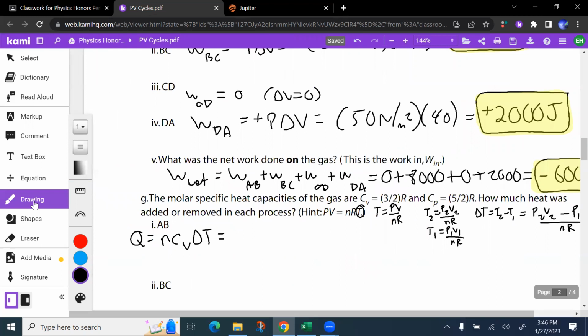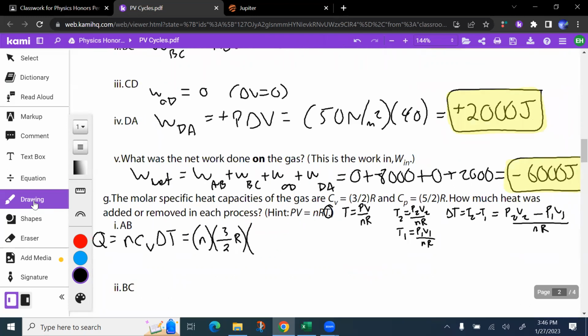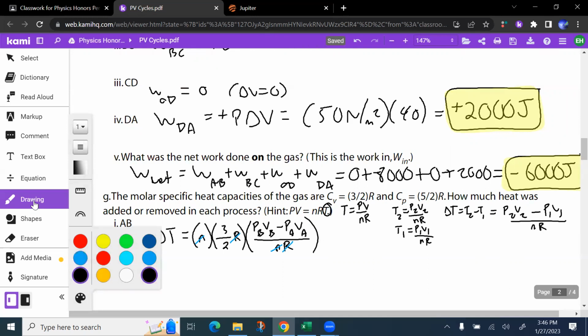So we've got N times CV, which is 3/2 R. Then I have P, in this case P_B V_B minus P_A V_A, all over N times R. Why do I show it this way? Because this cancels, and what we're really left with, guys, and this is a nice little shortcut, is Q